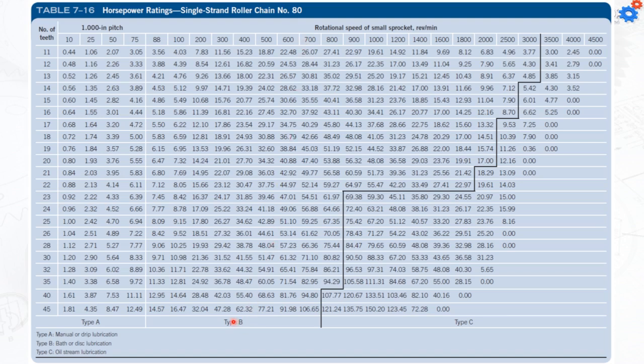And also for the type, we have a very important issue. The type is going to tell us here what it is used for, so the method of lubrication. The type A is going to be manual or drip lubrication, like simply putting a drip on the chain, starting to drip the oil from time to time, or we can simply lubricate it from time to time. And we have the bath or the disc lubrication for type B, and we have the oil stream lubrication for type C. That's something we also have to mention in our design